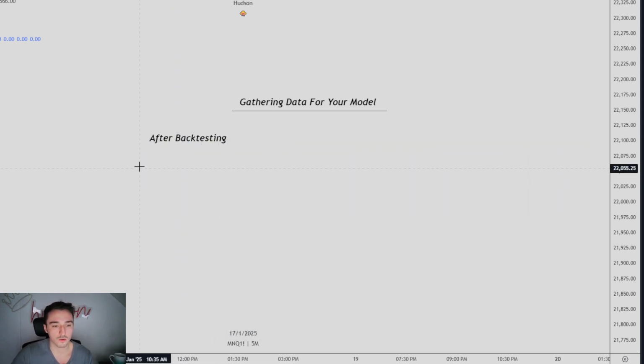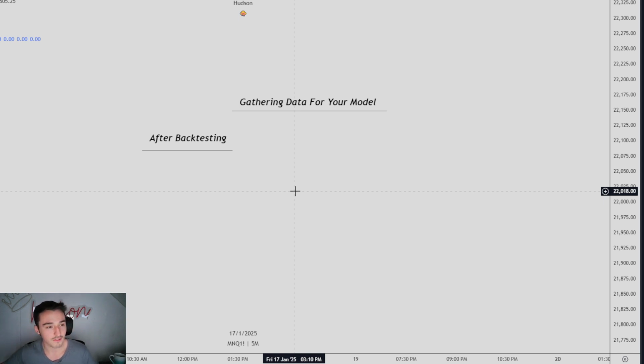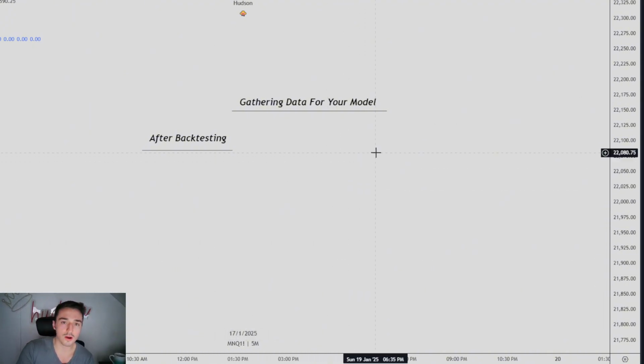So the first thing you're going to want to do is understand that a few trades doesn't dictate whether or not your model succeeds, right? So for some reason, I thought of this analogy while I was playing some basketball. I was shooting hoops by myself, and for some reason, I thought of this analogy, and I don't know why, but it's super weird. So if we are playing basketball, right, and you make 5 threes in a row, right? Let's say each 3 is $100, right? So you make 5 threes in a row, right?